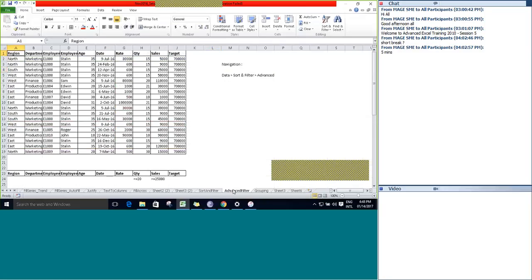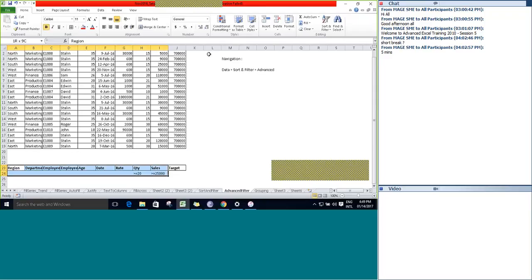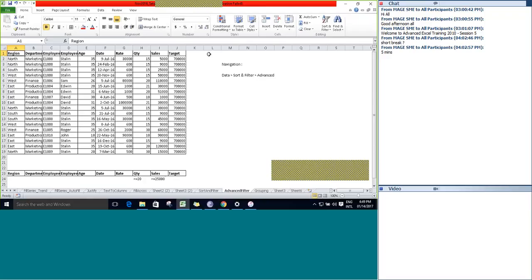And the next topic is going to be the advanced filter. There are two different ways we can use the concept of advanced filter in Excel. For that, the mandate is you should have a table with a header, and the next one is a table with the table header and the criteria alone. Here you can see the quantity should be greater than or equal to 20 and sales should be greater than or equal to 25,000. Based on these two criteria, I want the data to be filtered. So that is the case.